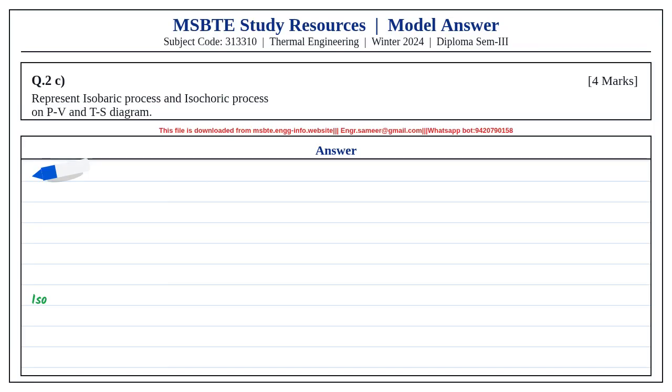Question 3a. A vessel contains gas and heat is supplied at constant volume. Find the temperature of gas. Given volume is 0.03 meter cube, initial pressure is 350 kilonewton per square meter and initial temperature is 308 Kelvin. Using gas equation PV equals mRT, mass is equal to PV divided by RT, which gives